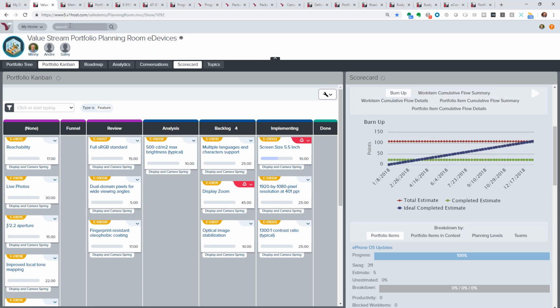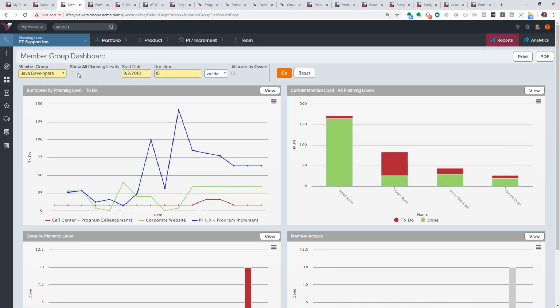In addition to that, if we do want to track individual members or individual member skills, we can break down the members into individual groups. In this case, I've got different types of skills that my team members are going to be using. Maybe I hear all the time that we have a Java developer deficiency, or we need to hire more Java developer type roles. You can set up these different groups, and then you can track where those roles are within